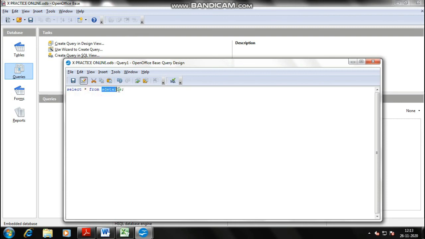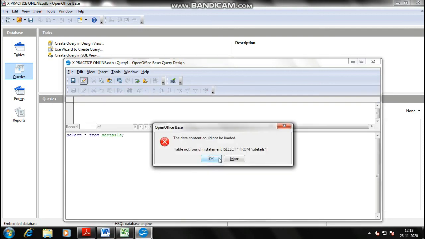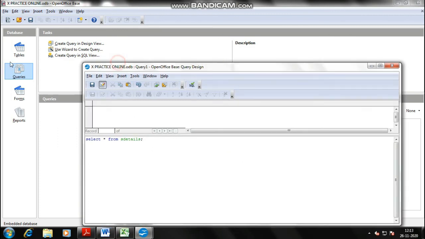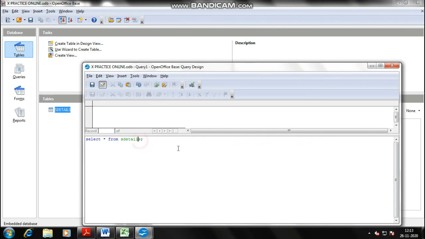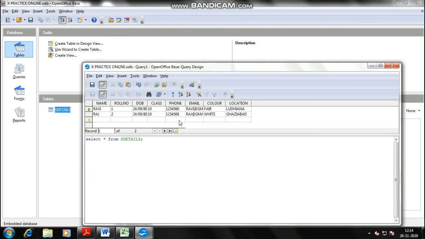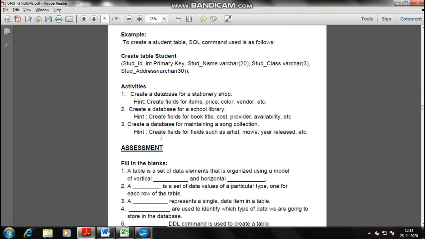This is the table. So I'll be pressing F5. So now there is an error. What is the error? Table not found. So as you can see that the table is in capital letters, and I told you it's a case sensitive language. So I'll be writing in capital. So I'm pressing F5. So now you got the table here. Clear? So this was it for creating a table and all. So one example will be covered here in this. Rest you can do both, and if you have any query you can ask.